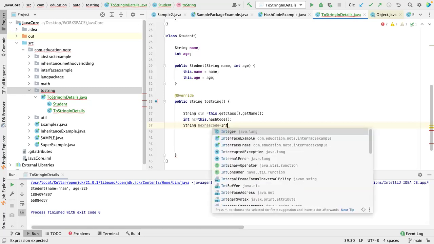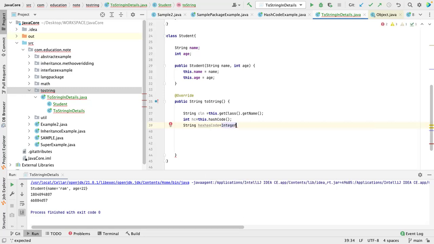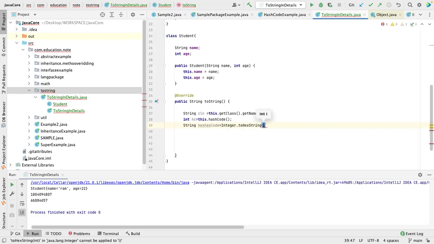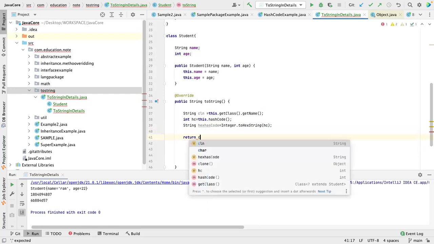How will I do that? There is a method inside the Integer class called toHexString. What it will do? If you pass any integer, it will convert this to hexadecimal. So I'm directly converting. Okay, so now I have to form a string. I did return. What am I supposed to form? I'm supposed to form the class name. So CL name